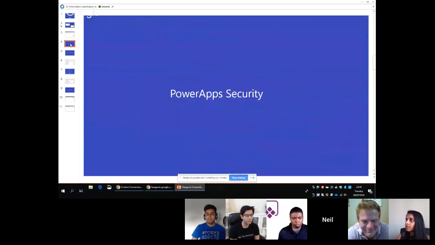Next, Power App security. The first thing we did was create a number of security-enabled distribution lists, or Azure Active Directory groups, as people like to refer to them. That helped us control who had access to the app, and we delegated the ownership of those distribution lists to the business. Now, I see Power App security as: once you get the key to the door, the behavior of the app is the same for everyone.